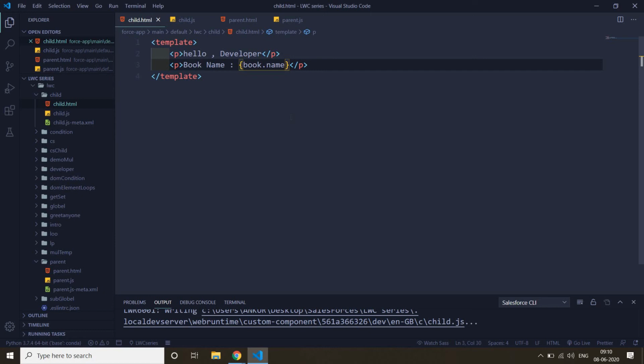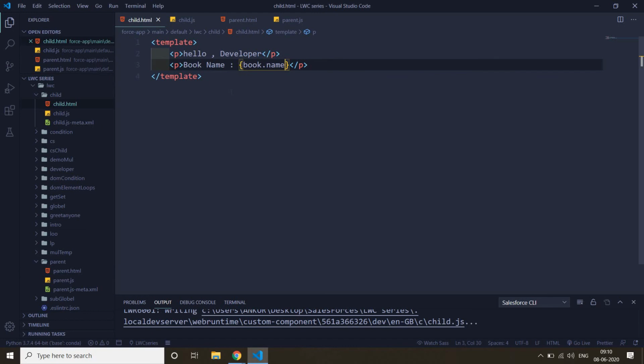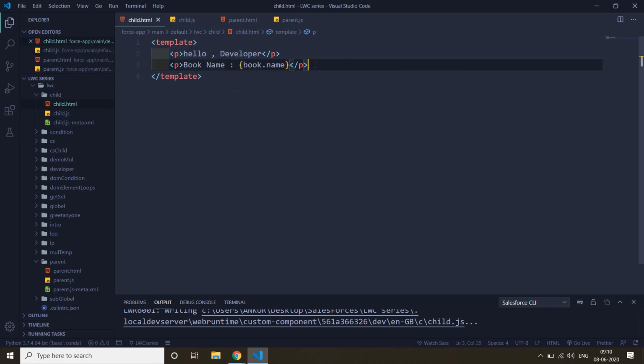But first of all, let's clear up how LWC works with an array or non-primitive data type, array or object. When we pass an array, or we can say an object, from our parent component to the child component, at that time in the child component this object is in read-only mode. So what does it mean? It means we can access that data or print that data, but we cannot change its property. So let's try to change it and see whether it can change or not.